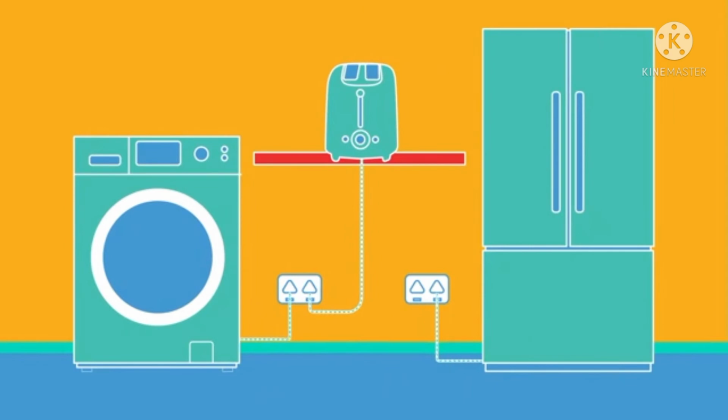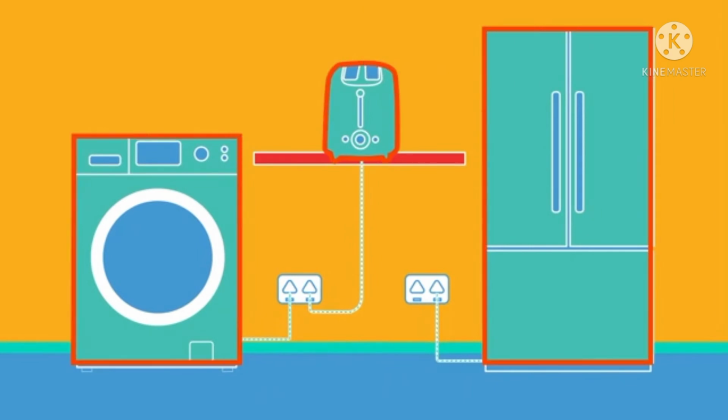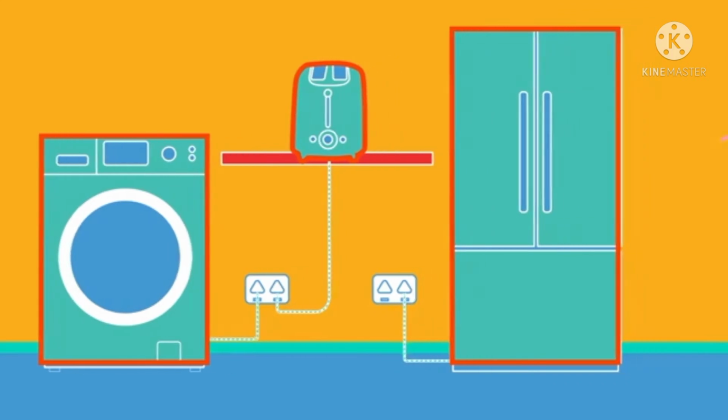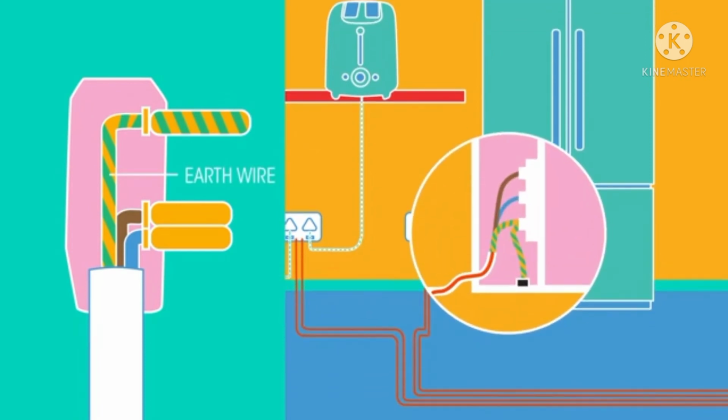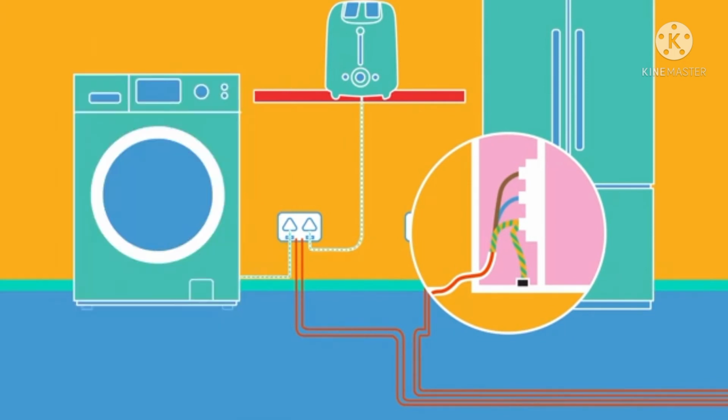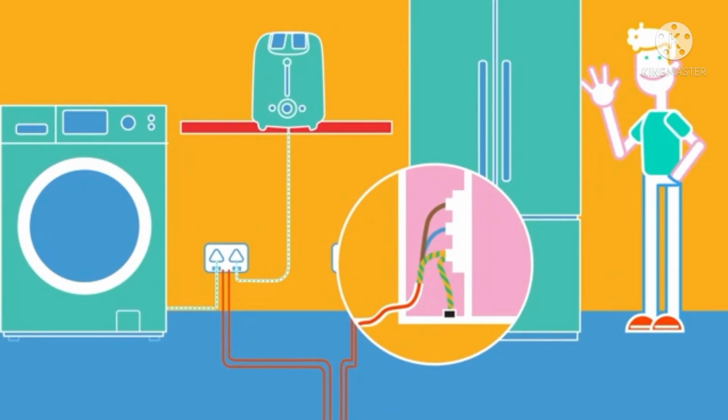Many electrical appliances have a metal coating. If a loose wire touches the metal coating, anyone who touches the appliance will get an electric shock, which is where the earth wire comes in. The earth wire is connected to the earth pin, which takes current away from the appliance into the wiring in your house and down to the earth, to the house earthing system. So the current from the earth wire, rather than running through you, moves away to the earth. If we touch the appliance, we do not get a shock.